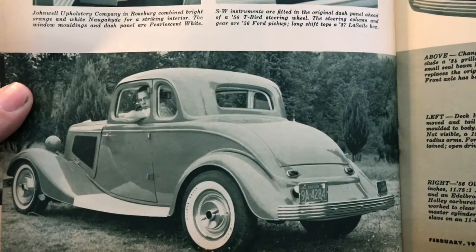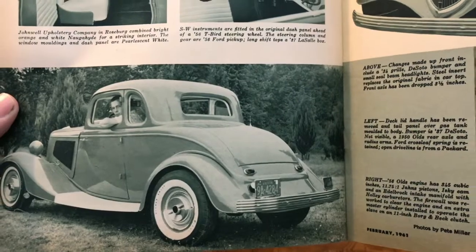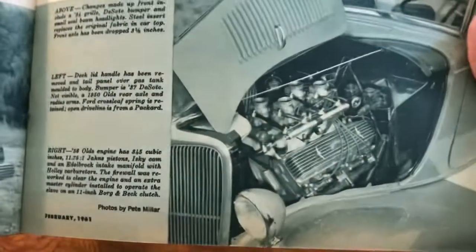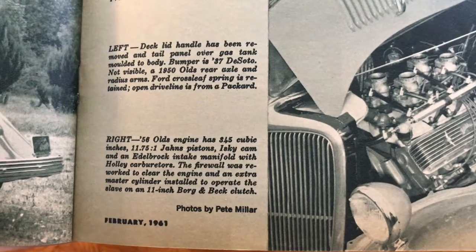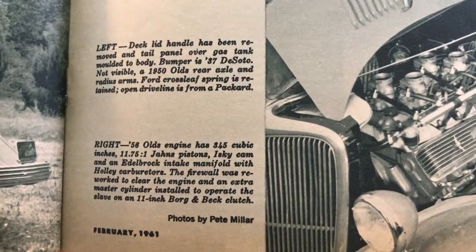What are those hubcaps? Those hubcaps look familiar. They look like maybe Ford Thunderbird? No. Also Olds powered. So it's a 56, 324. Has 345 cubic inches,